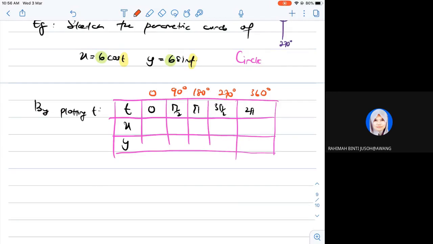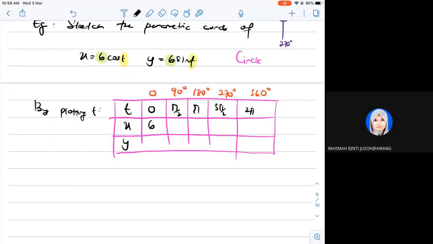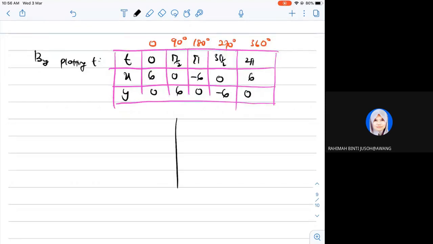Okay? So substitute kan t equals to 0, 6 cos 0 is 1, so 6 lah. And then y 6 sin 0 is 0, so here 0, 6, negative 6, 0, 0, negative 6, and then 6, 0. Okay. So that's why bila plot,